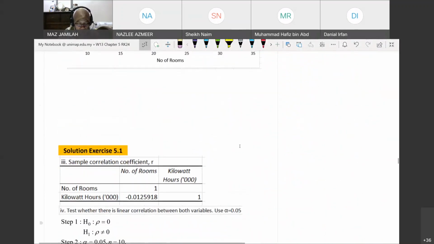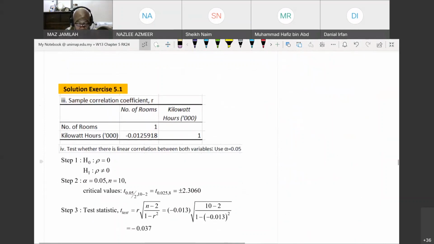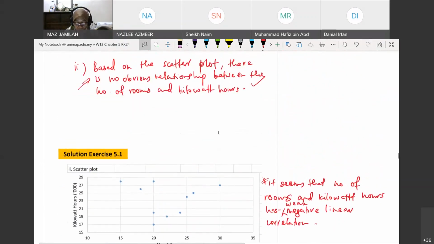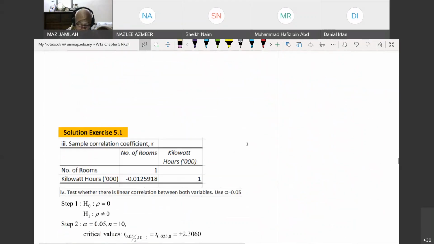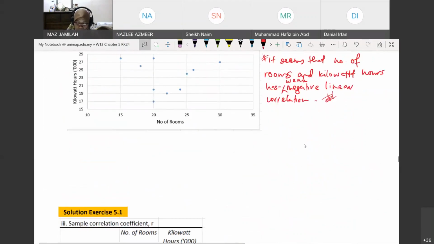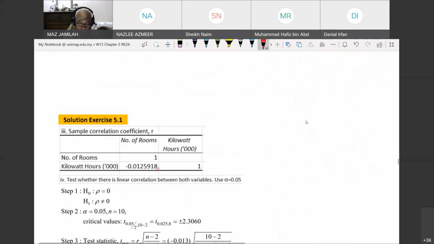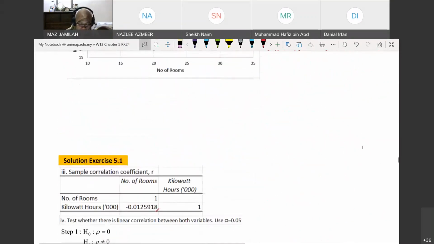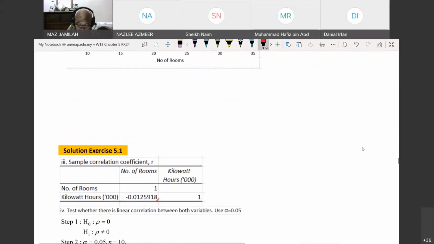Now we have got our sample correlation coefficient. Okay, so our R is equal to 0.0125. So do not worry too much if your reason here is somewhat contradictory. In this case, this one is okay with the value here. But if you're answering this, and your next answer is this one, what can you tell from your R is that,